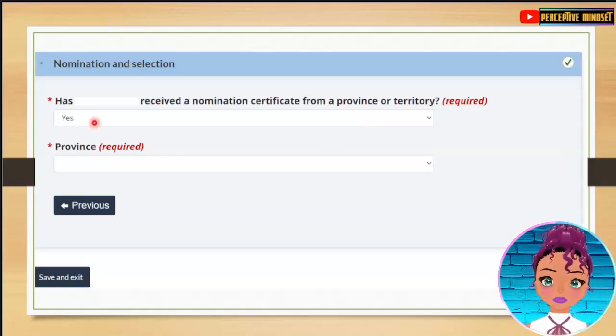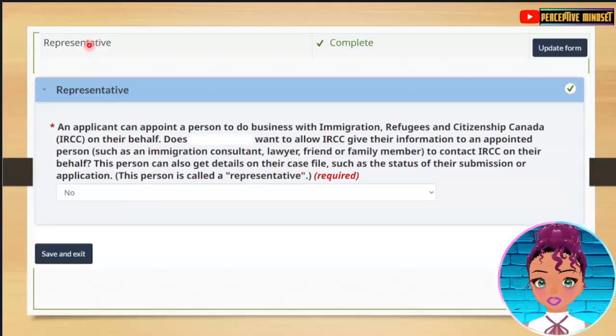If you have, say yes. If you were not a nominee, then of course it's no. Then it will ask, well, if you say no, then you won't see the province here. Okay? Now, if you are using a representative or not, then you go ahead and update this form depending on